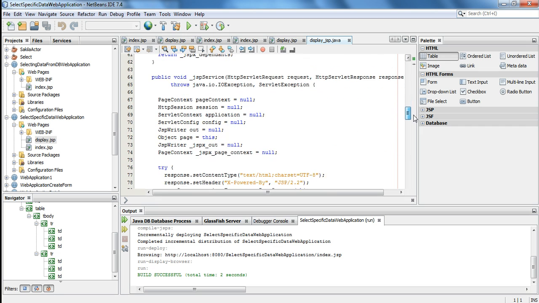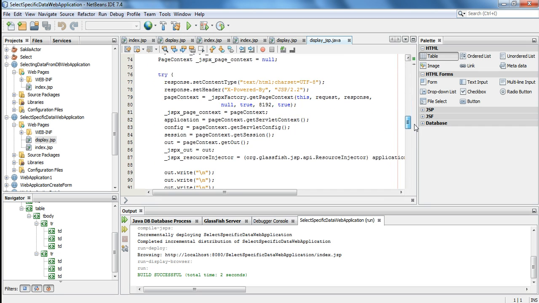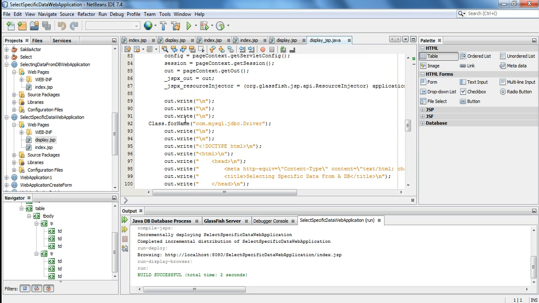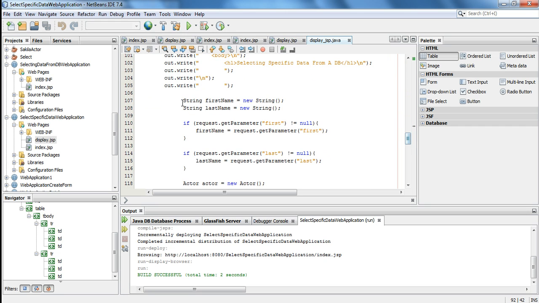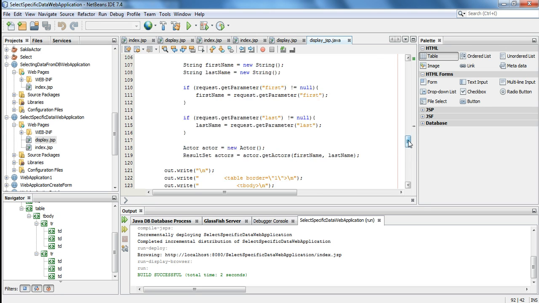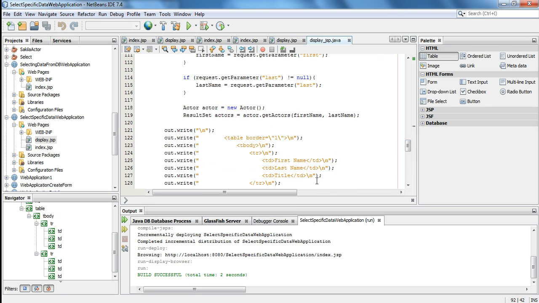If I scroll down a little bit further, there are all the out.write statements for the HTML that's going to be generated, and here is the pure Java code that's embedded within the JSP, more out.write statements. Here's our Java code again, and more out.write statements for our table,